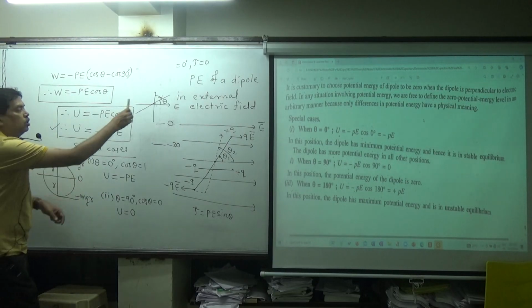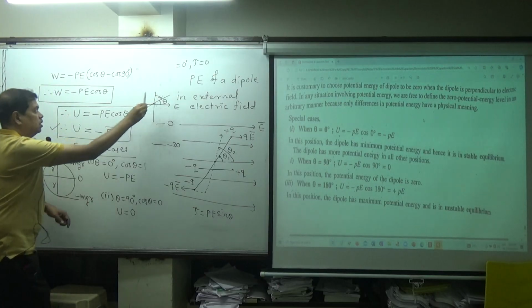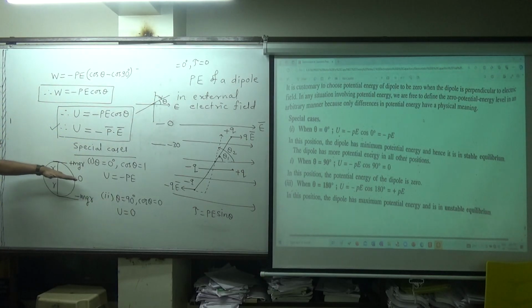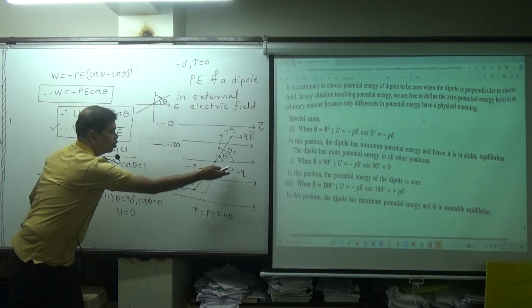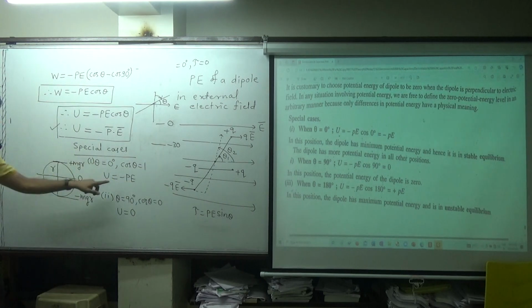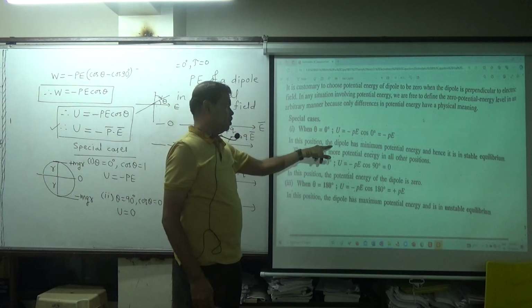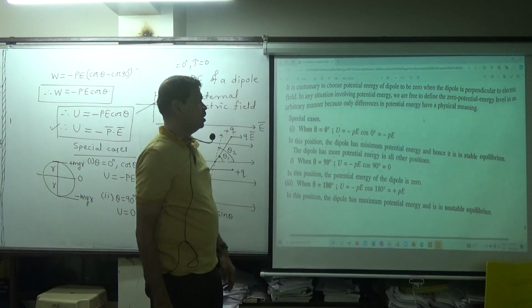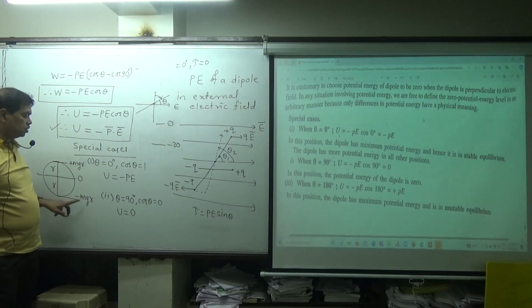So when the dipole is perpendicular to the electric field, potential energy is 0. So this is 0, when theta is 90. And when theta becomes 0, with plus q here and minus q here, potential energy is minimum and that is minus p. I hope you understood. In this position, the dipole has minimum potential energy, and we know that minimum potential energy